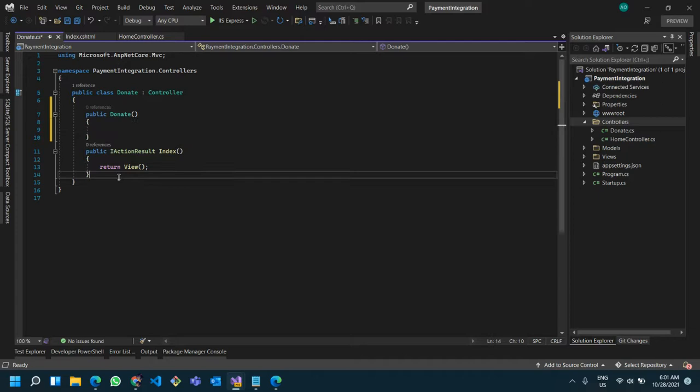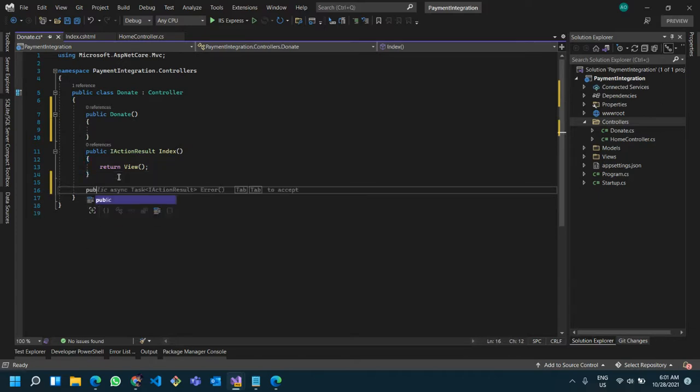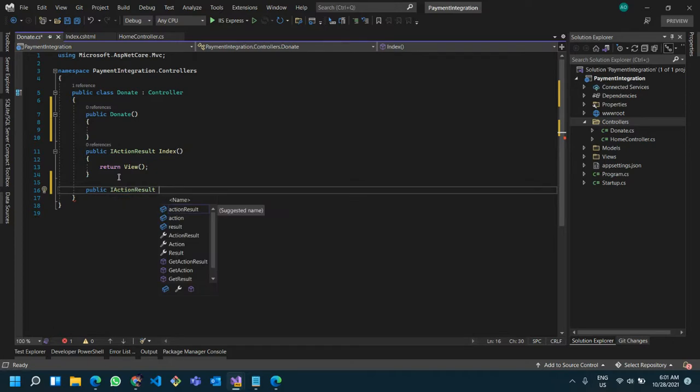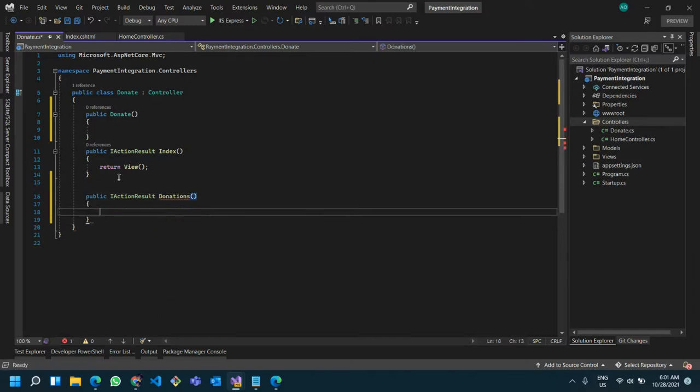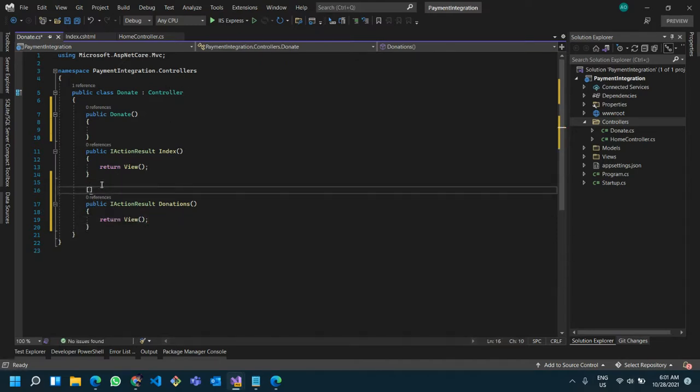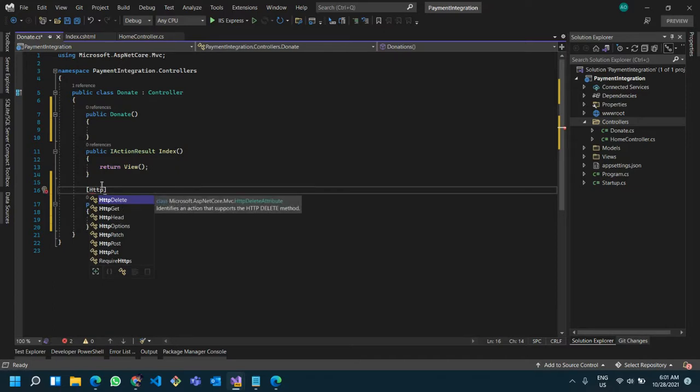Then another extra action. Make action results, donate and donations. This will be returning a view, and this will be an HTTP